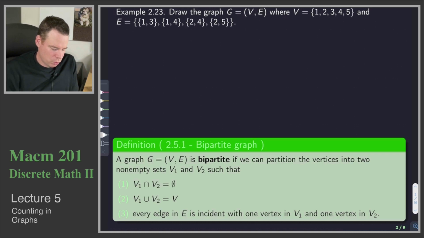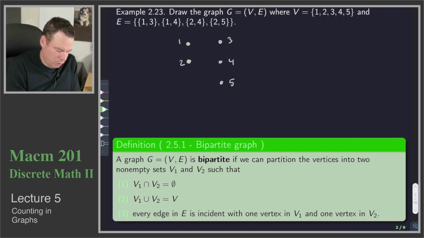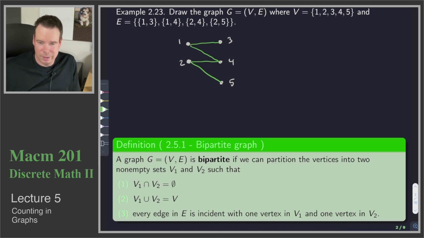So in this example we want to draw the graph G, which has vertex set 1 through 5 and the edge set as listed. So let's draw it out. So we've got vertex 1, vertex 2, 3, 4, and 5. Our edges go from 1 to 3, 1 to 4, 2 to 4, and 2 to 5. Now, upon looking at this, you may say, oh, that's just a path. So why didn't I just draw it as a straight path? Why did I lay it out in this sort of weird way? Well, the idea is,